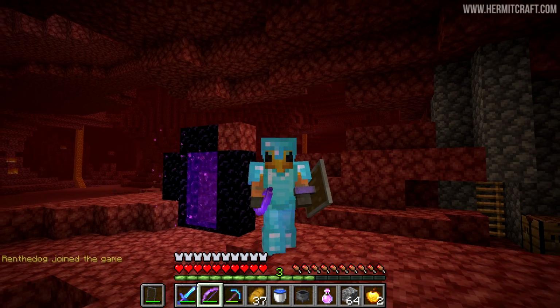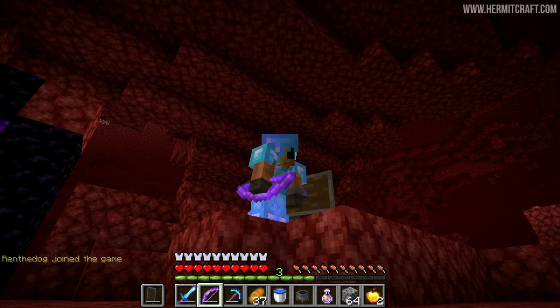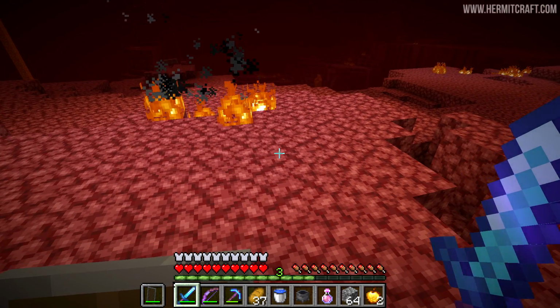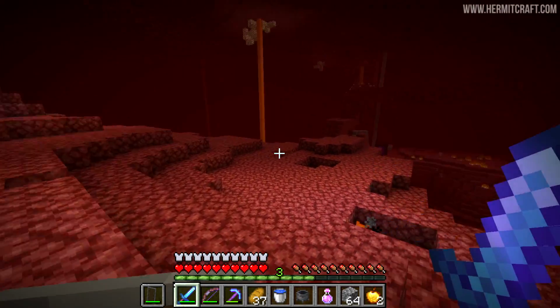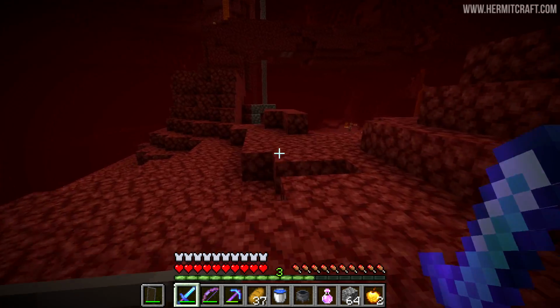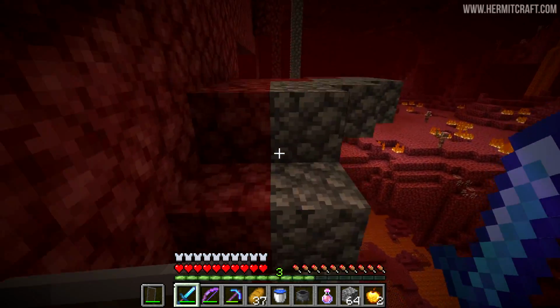So we have a goal, and that is to grind out the wither skulls and meet my new friend, Excalibur. I just headed over to my comment section, and literally the latest one was someone saying, hey, you should name it the Excalibur. So I dropped it a love heart as a way of saying thanks. If you ever get a love heart from me in the comments, it's just my way of saying thanks and acknowledging your comments. Anyway, I get a little bit distracted, so I've renamed the sword, and now we're heading over